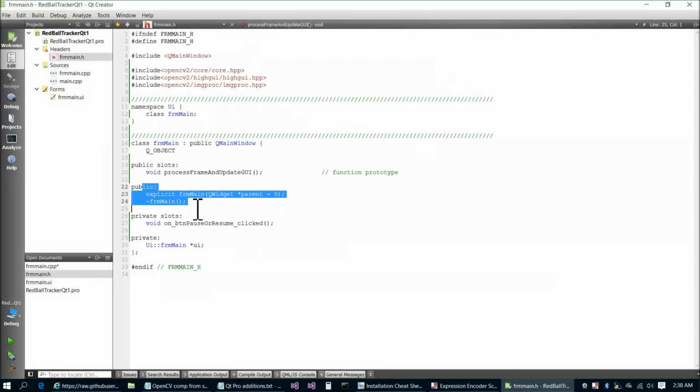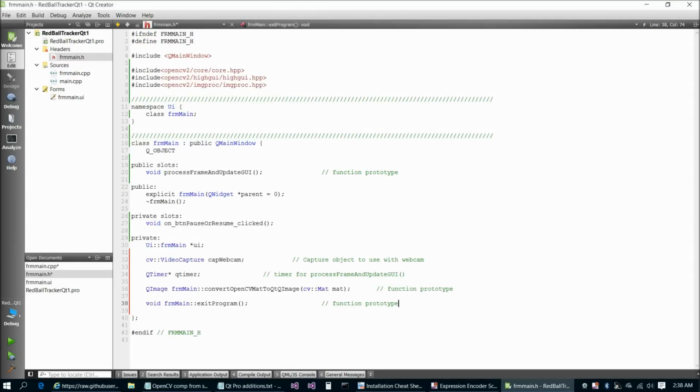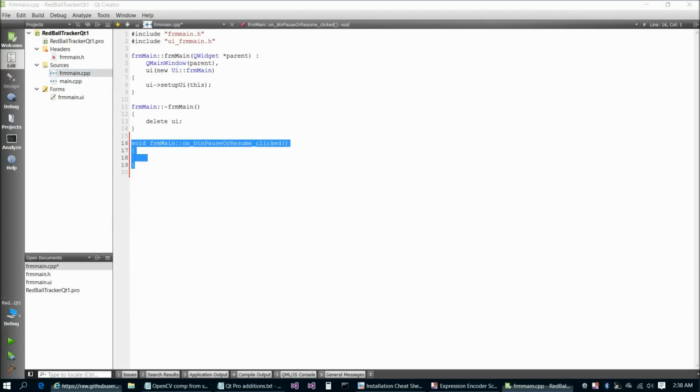Then under public explicit, so constructor destructor, that's good. Then private slots, the environment just made that event for us, and then private, and then we have a few more lines to paste in here. So right there we'll paste those lines in, and we don't need that blank space at the bottom. And then save, and then form main,